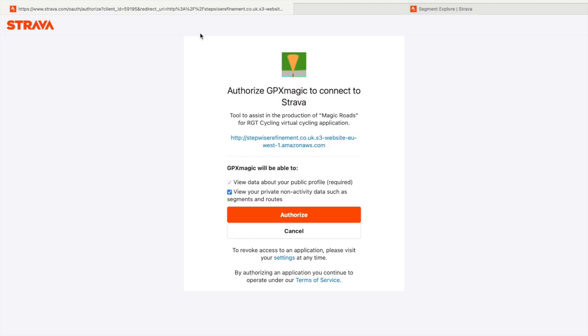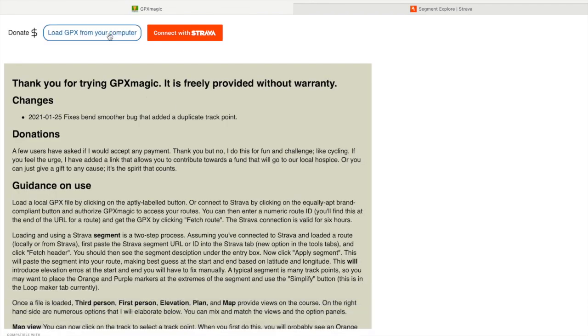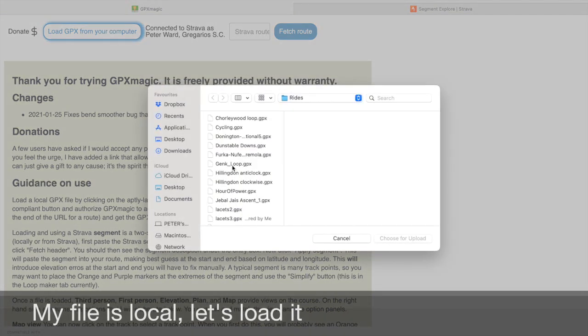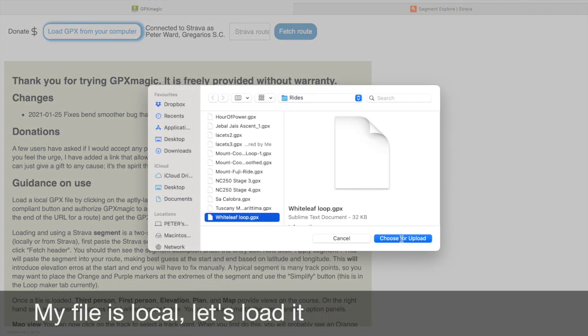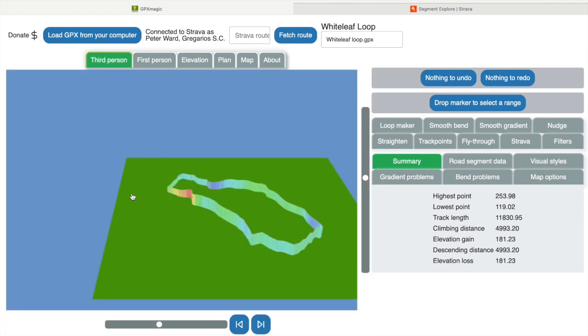Going to look now at pasting a Strava segment into a route. Let's first of all make sure that GPX Magic is authorized to work with Strava. I'm going to load a route locally. It's a Chiltern route that goes up Whiteleaf Hill, and if we take a quick look at this far corner here,